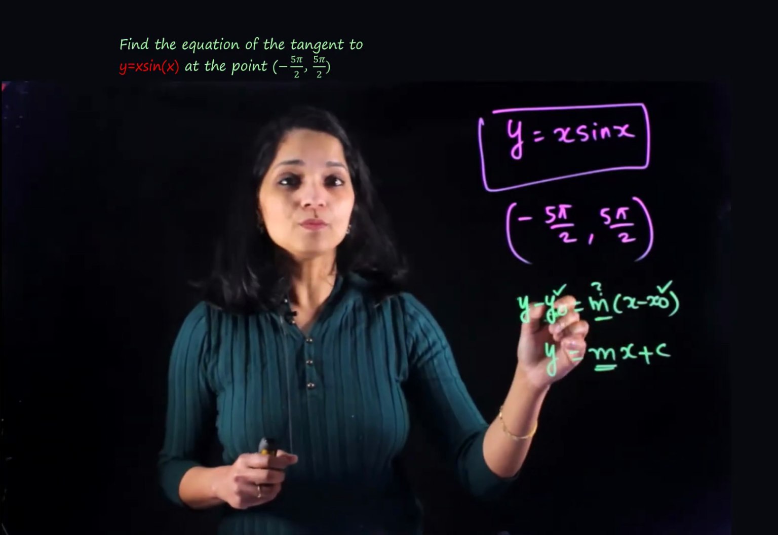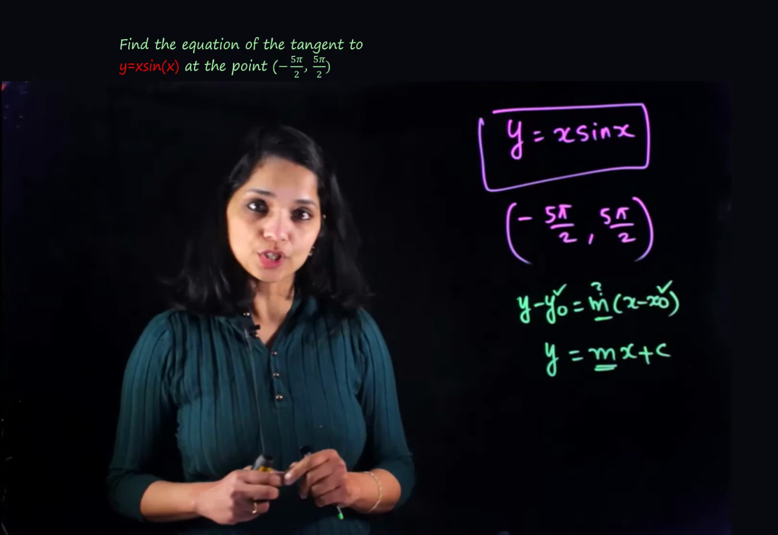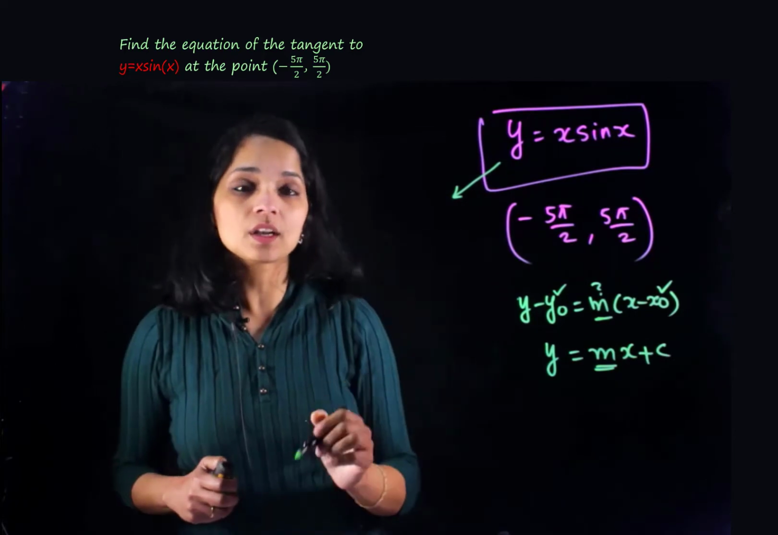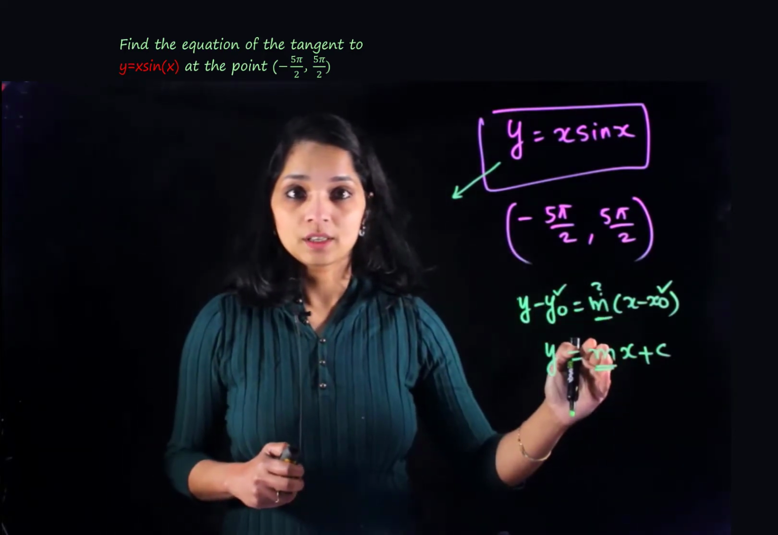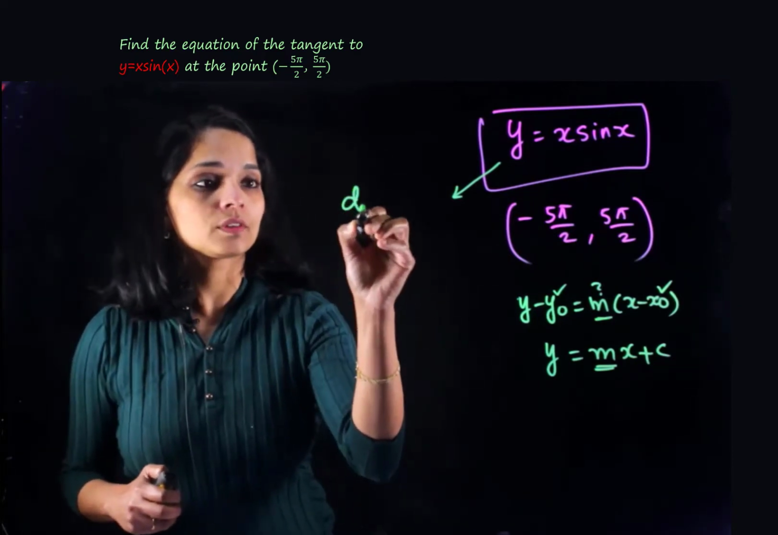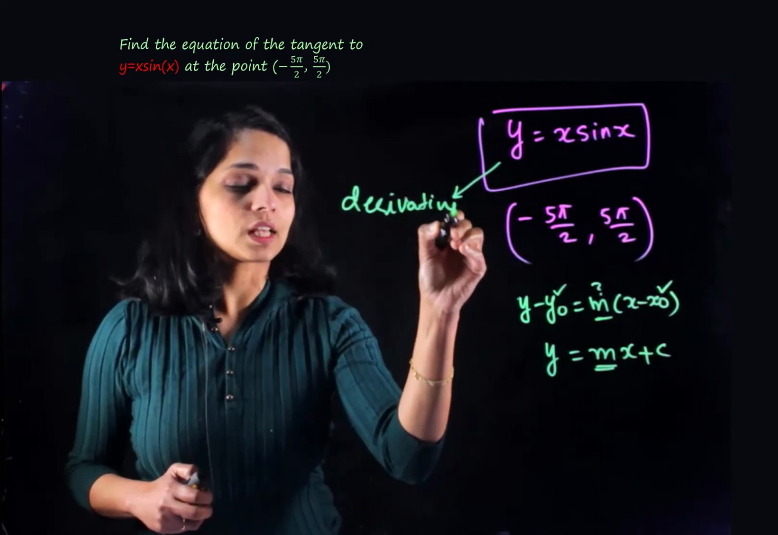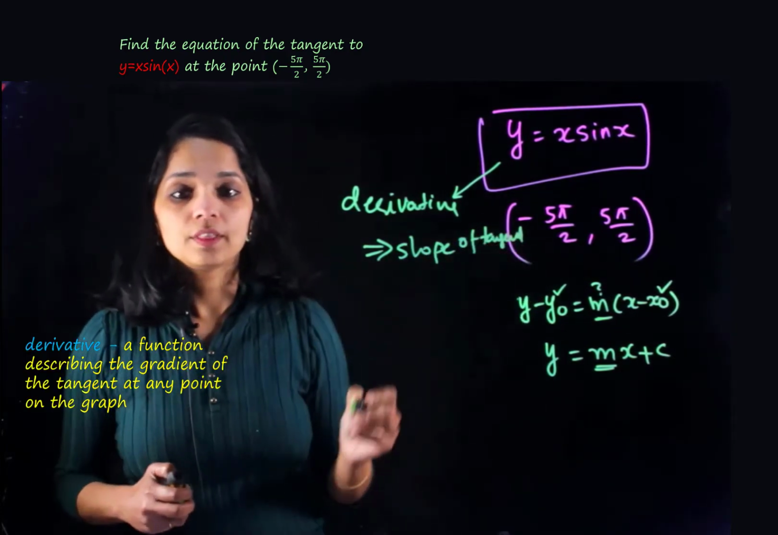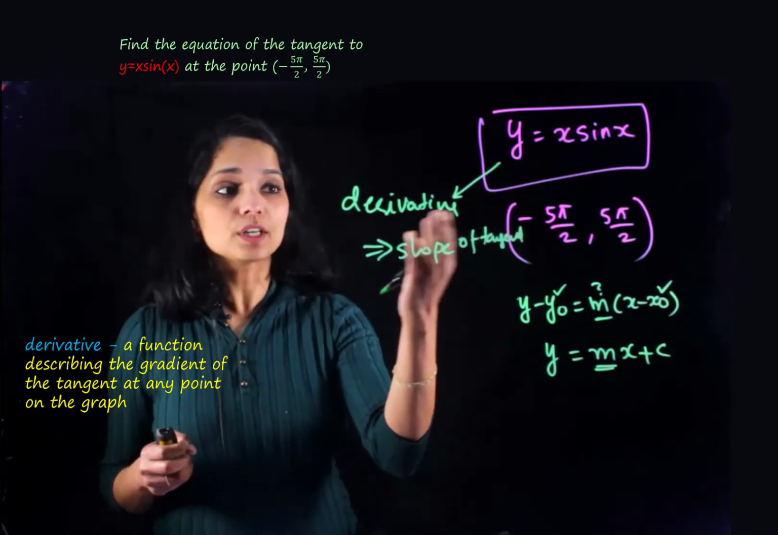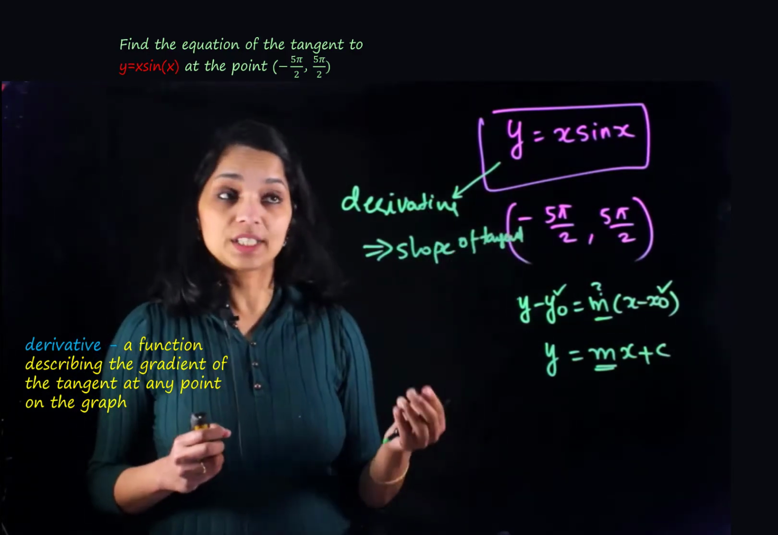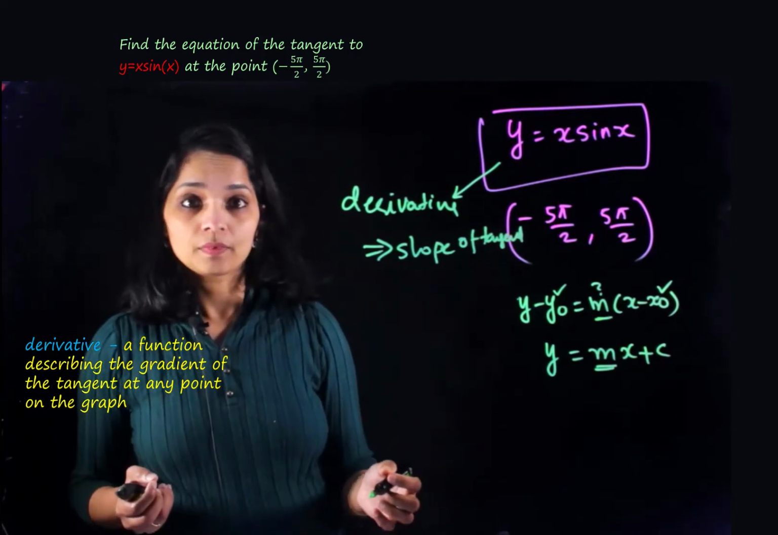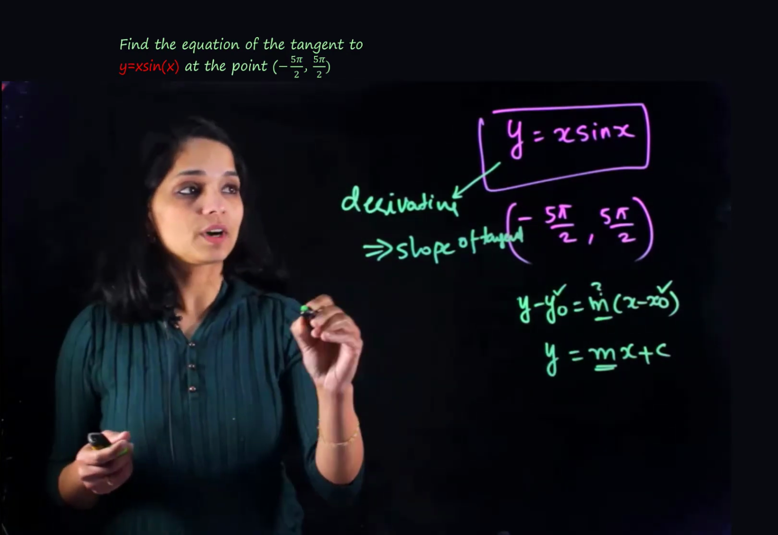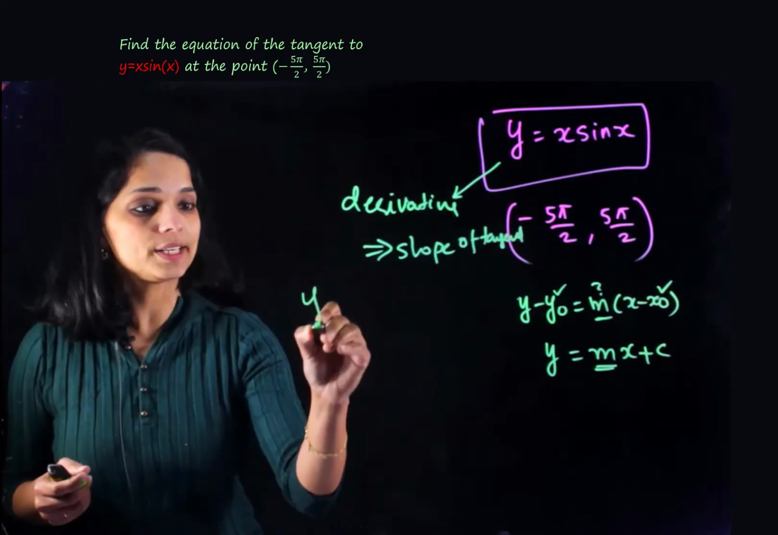To find the slope m, we can use our knowledge of the derivative of a function. So the derivative of this function gives the equation of the slope of the tangent. Okay, so the derivative gives us the slope of the tangent. Because that's a function, the derivative is a function that describes the gradient of the tangent at any point of the function. Okay, so to find m, we first find the derivative of this function. So it's y dash equals